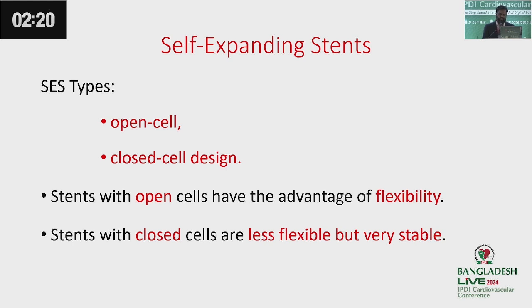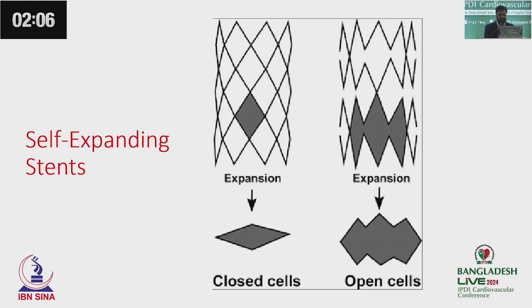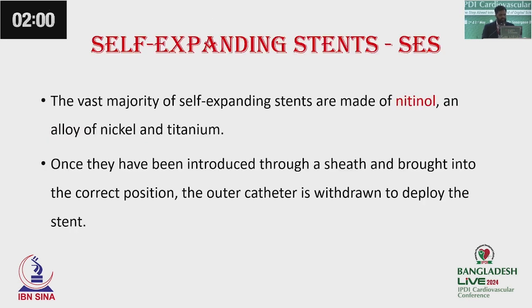and each has its own merits and demerits. Stents with open cell have the advantage of flexibility, and stents with closed cell have less flexibility, and it is very stable. So these are the pictures of open cell and closed cell self-expandable stents. We have said earlier that self-expanding stents are made mostly of nitinol, that is, an alloy of nickel and titanium. And if you